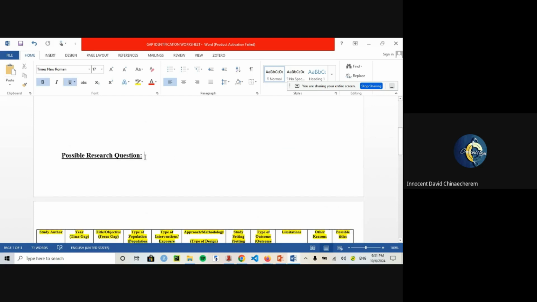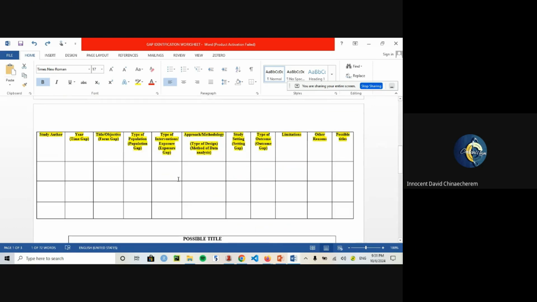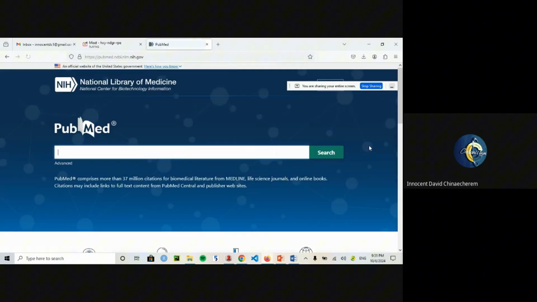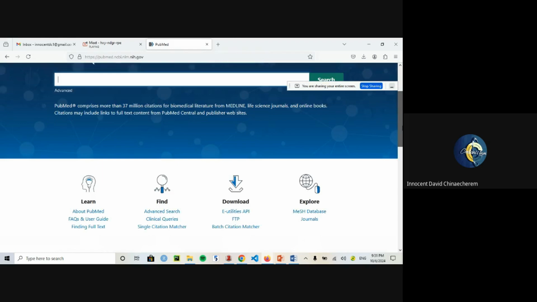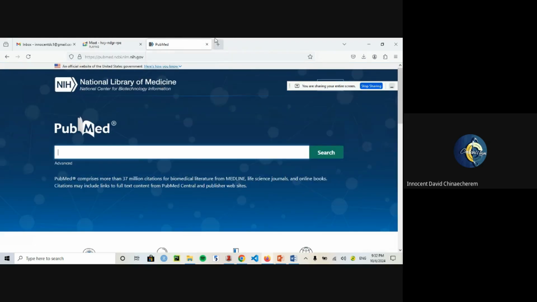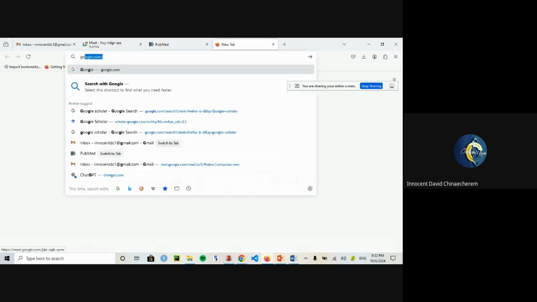So what will you do? You come on here, you come to the internet, you search. You search PubMed, right? There's something we call MeSH terms, but I'm going to explain that in our next session, what we mean by MeSH terms and all that. So for now, let me just use